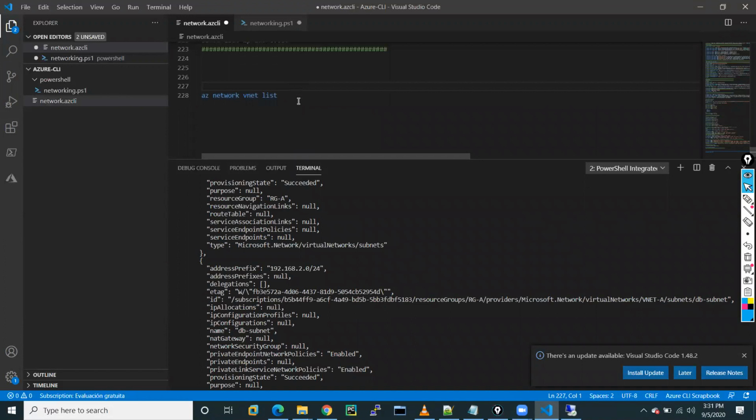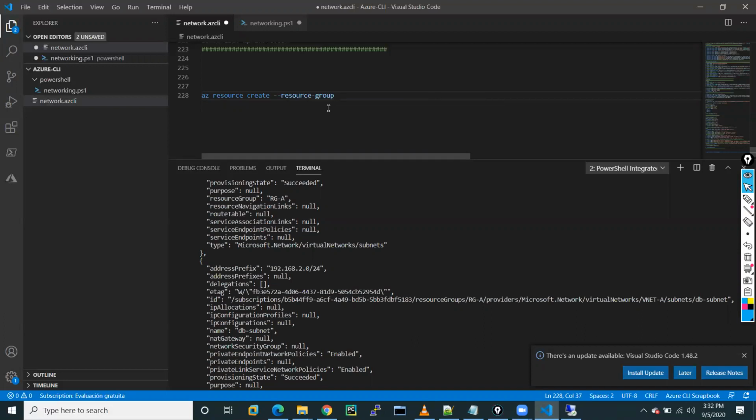Okay, so now let me quickly show you how we can create the resource group by using CLI. As a resource create resource group.